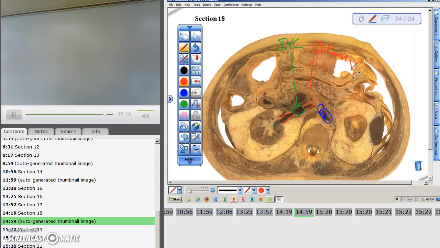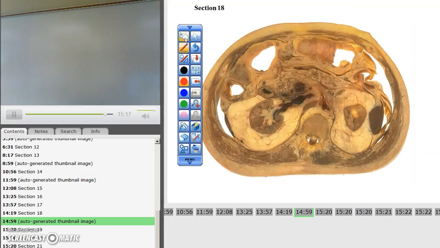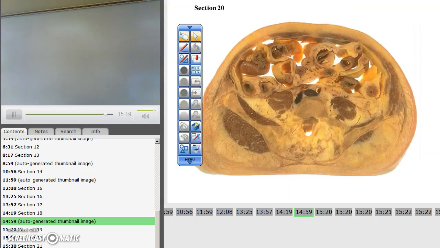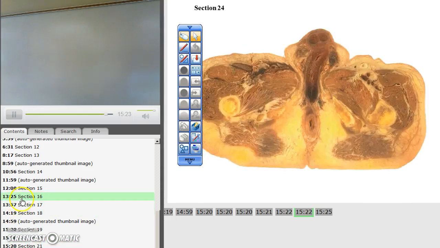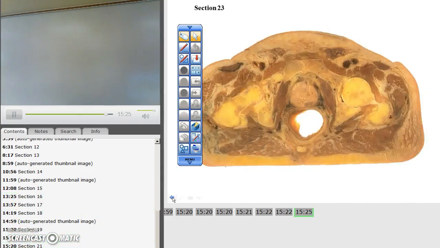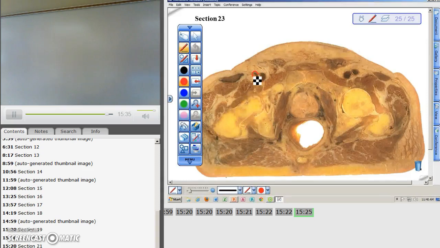And then we finish up, skipping a few slides. Section 20. Oops. Here. The one that looks like it has a little thicker wall, that would be your right femoral